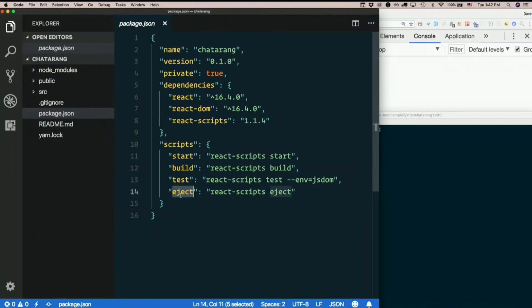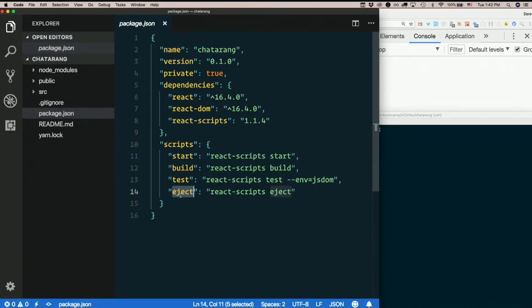Eject is an interesting one. So the whole idea behind Create React App is zero configuration. You don't have to mess with configuring any of that stuff. In fact, you can't configure any of that stuff because it has hidden the configuration files from you. If you want or need to make changes to those, you can get to them by running yarn eject. But if you do that, it is not reversible. You cannot get back to the unejected state. Now, it'll work just like it did before you did that. The downside